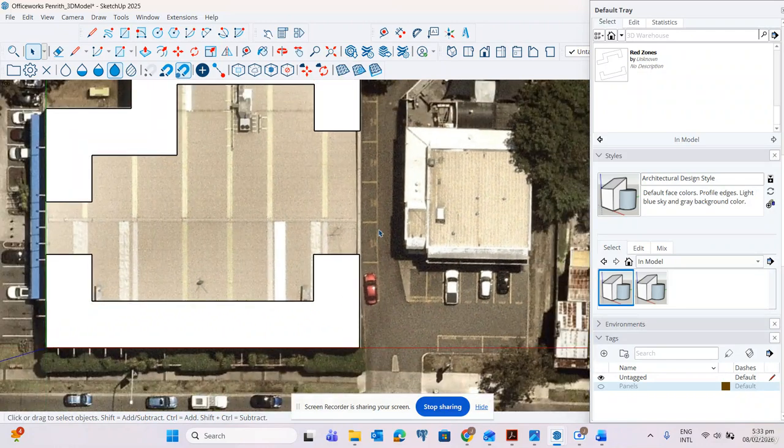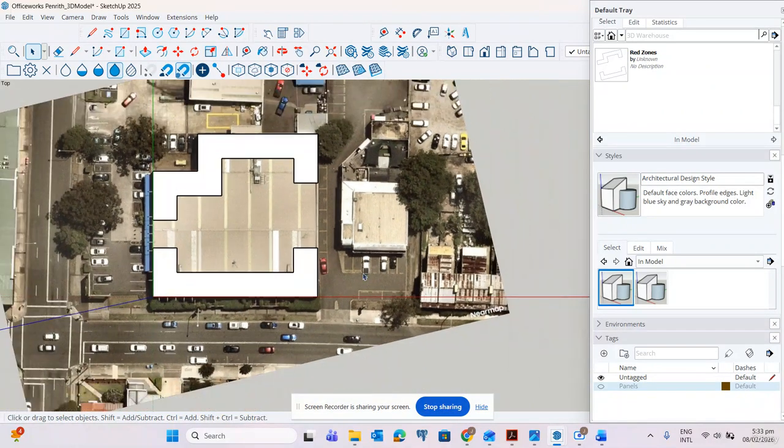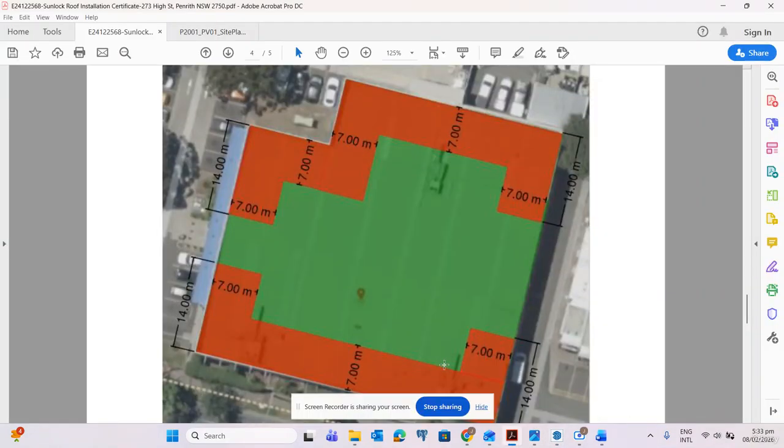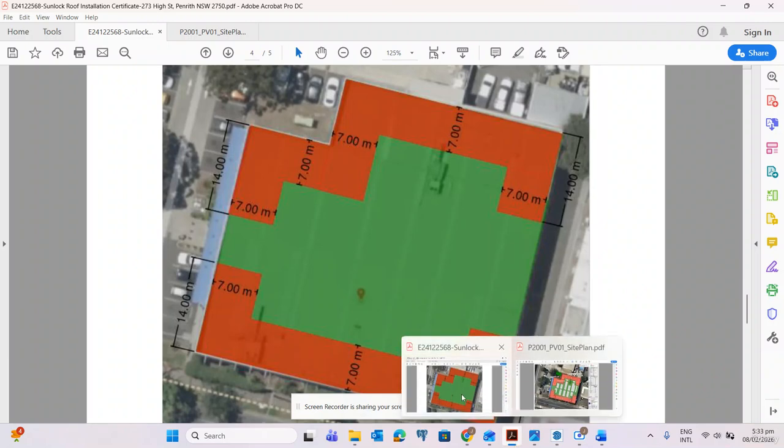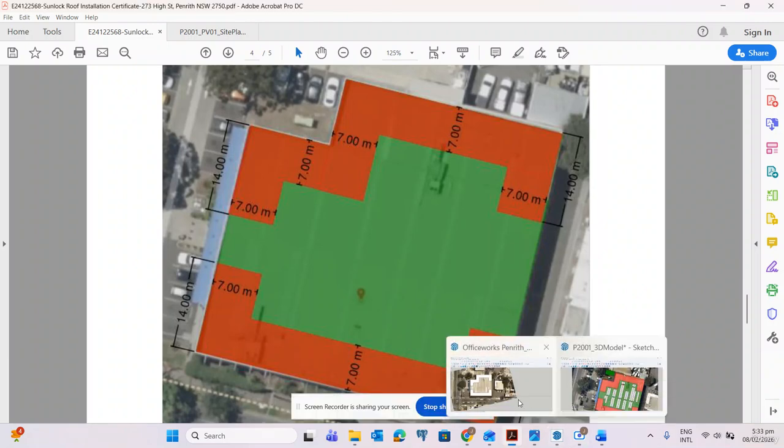Then remove. So I think the red zone is already correct.